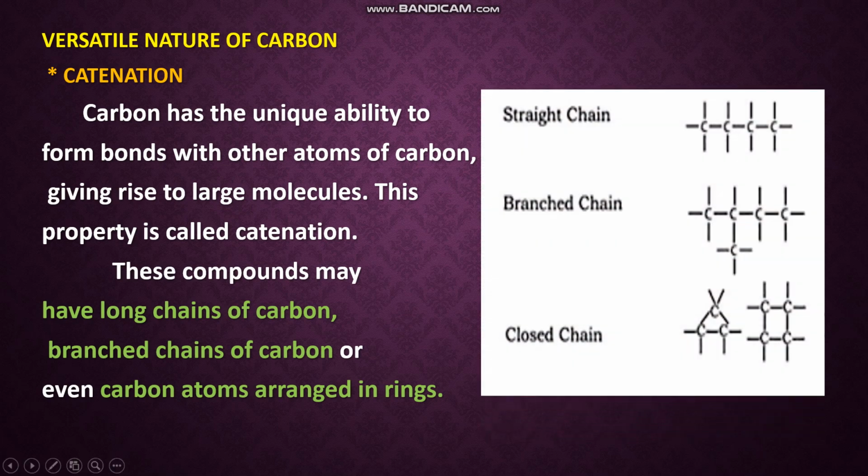So you can see here straight chain, one carbon is linked to the other carbon and forms a straight chain. Here you can see only 4 carbons, but a large number of carbons can be bonded in this way. Next you can see here in the straight chain there is a branch. So different branches can be there, one branch or more than one branch also can be there in the same compound. So that is a branched chain.